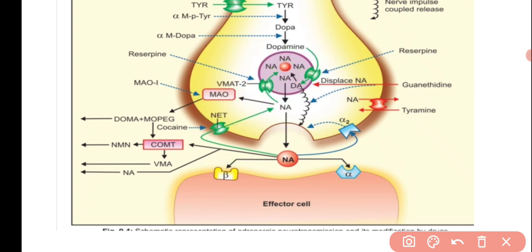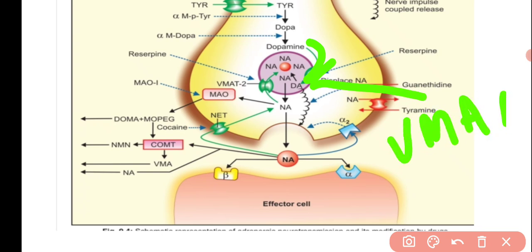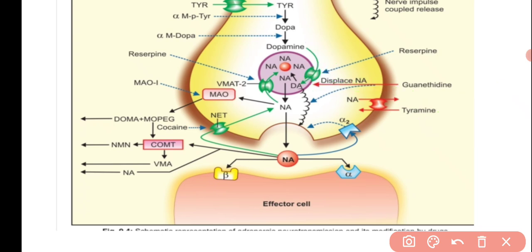This storage is mediated through active transporters, those are vesicular monoamine transporters. These vesicular monoamine transporters are inhibited by the drug reserpine. Here the synthesis is inhibited by metyrosine, whereas storage is inhibited by reserpine. Okay, so after that